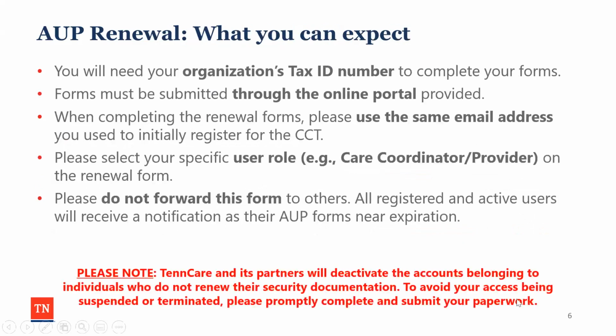Okay. Finally, and Ida, this touches on your question just a little bit. We would ask that you do not forward this form to others. All registered and active users are going to get the form, and again, part of the reason why we're doing that is to help ensure that the role piece of this is consistent. If you are a practice administrator, you're going to get a form that is specific to you